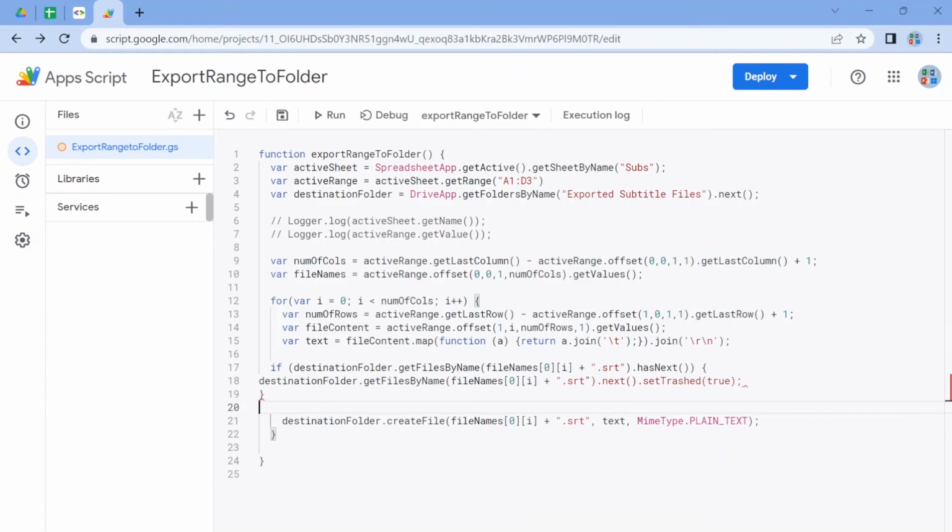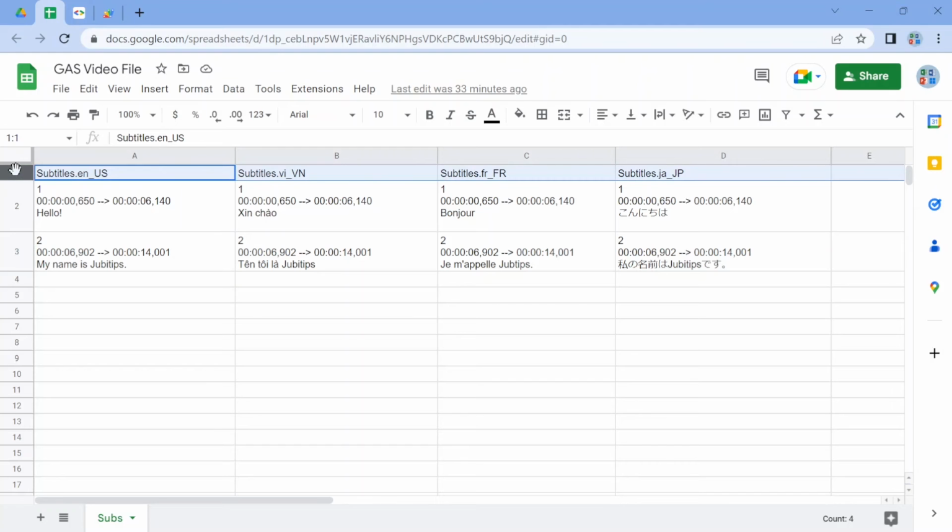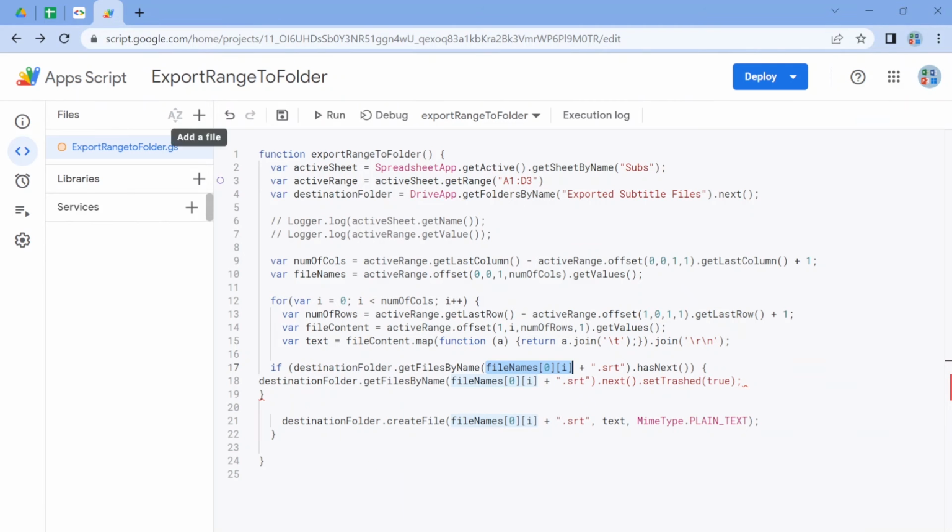It's gonna be an if statement. So if inside the destination folder, I will check for the file name that I got from the first row in my range, and it contains the extension .srt. This is the extension for subtitle files.